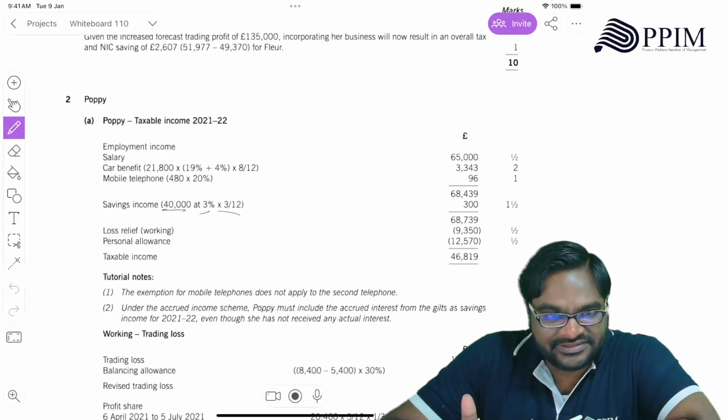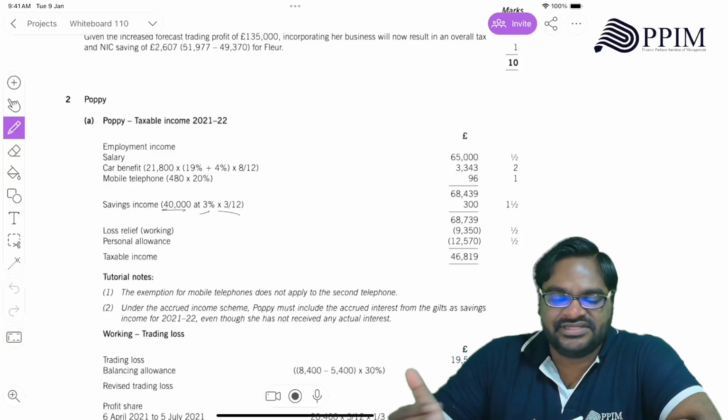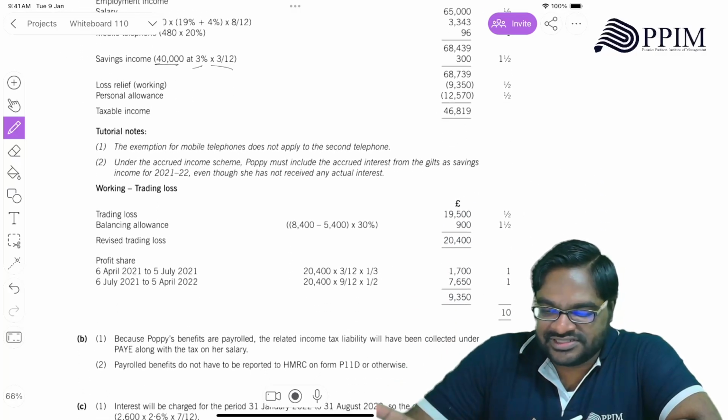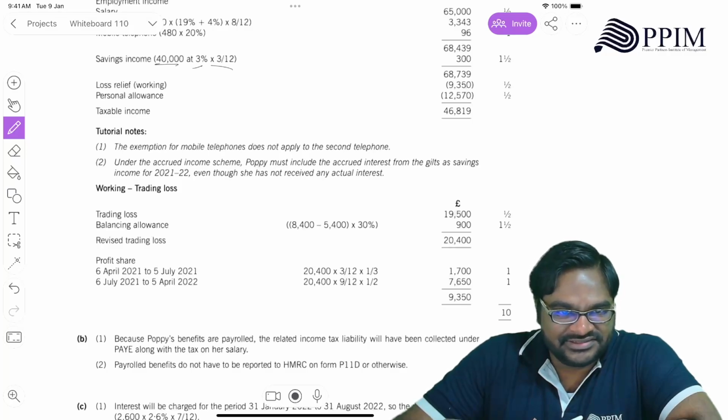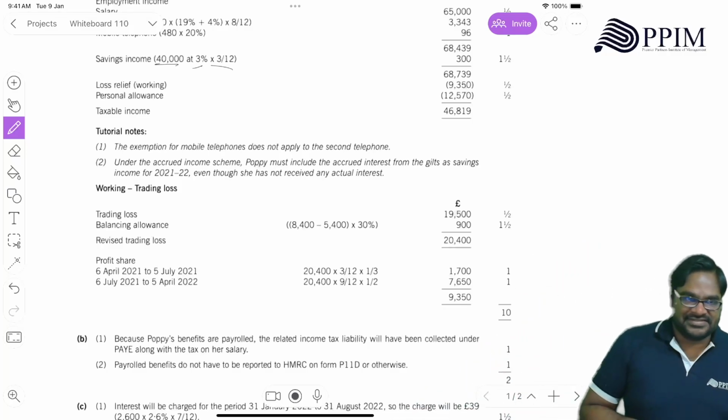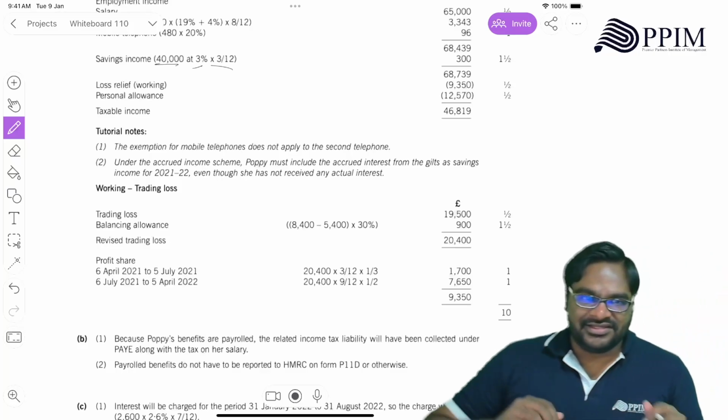Then interest is fine? Right. For loss relief, we need to do a working. So overall loss is 19,500, right? That we did. Then we need to get the balancing allowance, like I said, for the car,